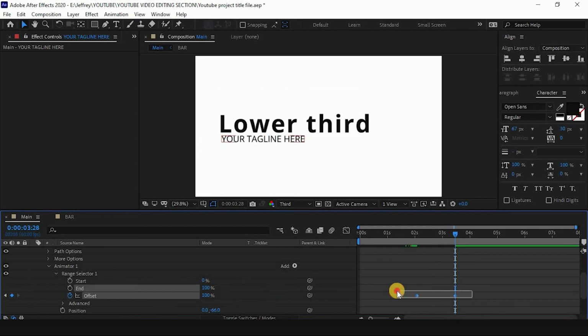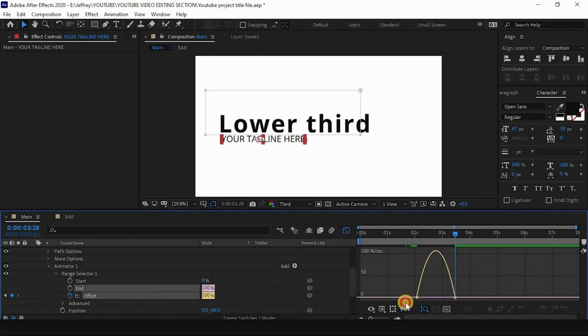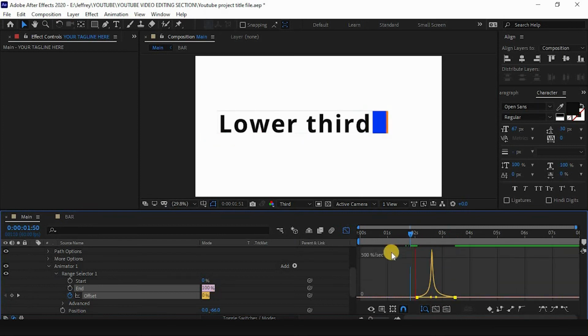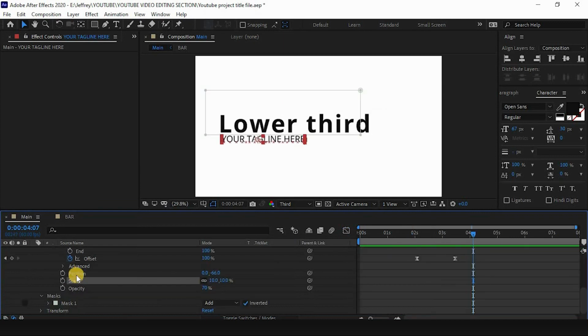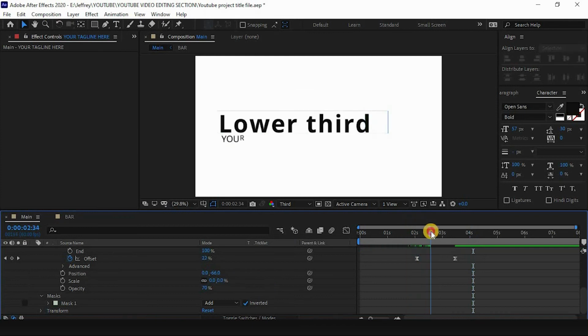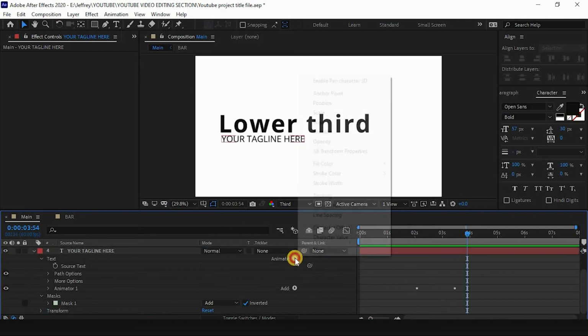And select both the keyframes, click F9, go to the graph editor, and change the graph to somewhat like a peak like thing which you see right over there. If you want, you can actually play along with the settings which you see right over here. You can actually even change the opacity down to 0, and you could see the evolution of the text coming out, which you see right over there. Click on the animate and